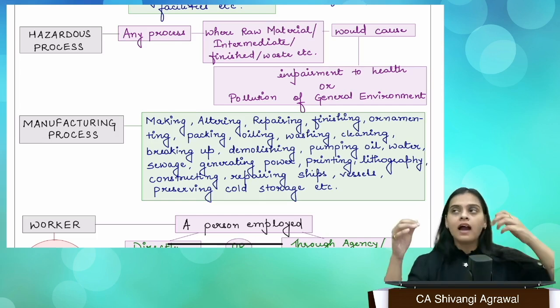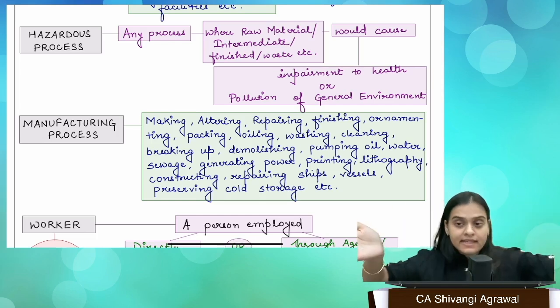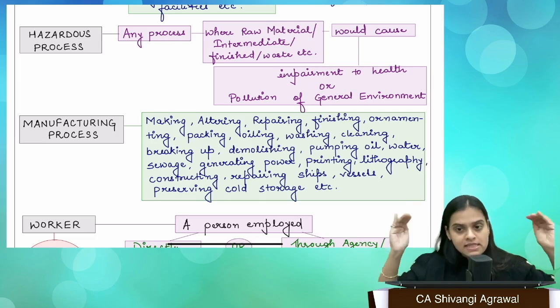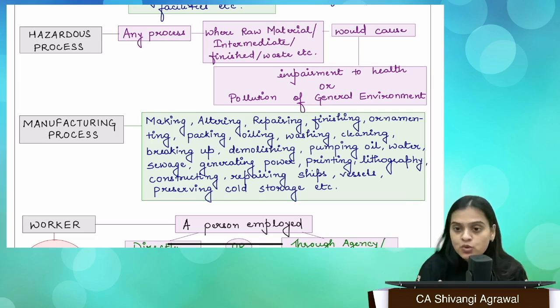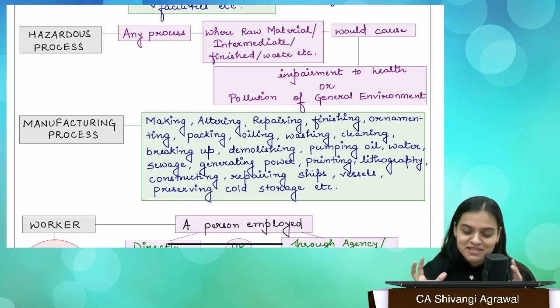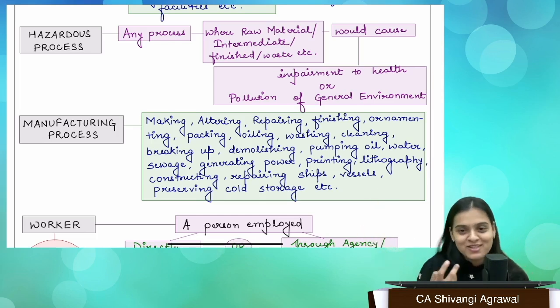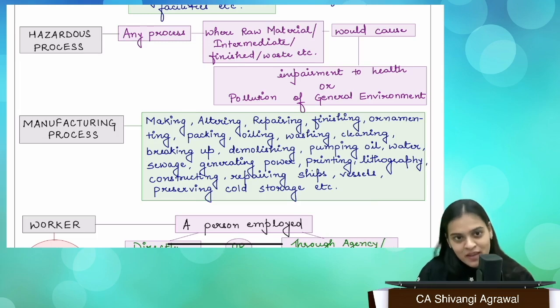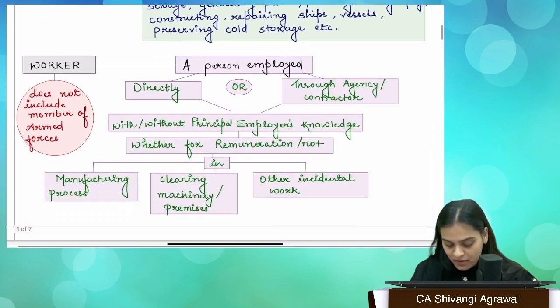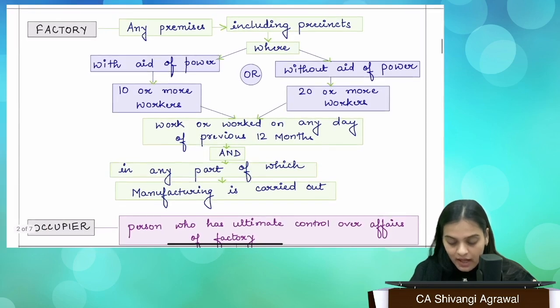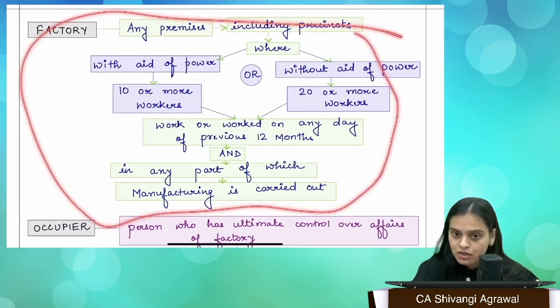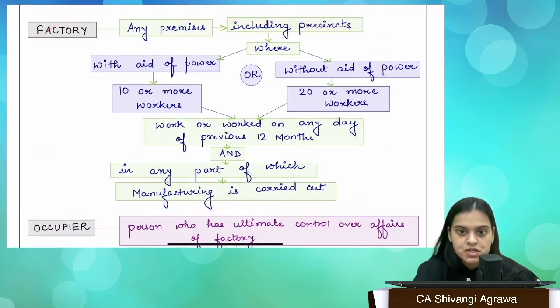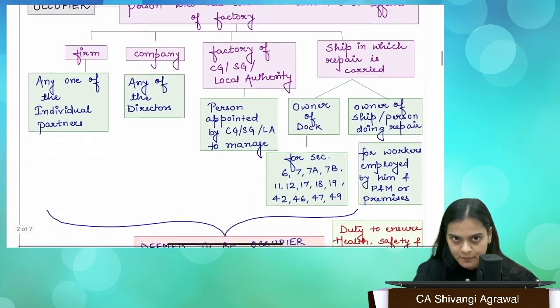But let's say I have opened an institute wherein students come and I am imparting them education. Maybe a lot of people put in their advertisements that we are producing CMAs. So is it actually the manufacturing process which is being carried out? The answer is no. So you have to understand what manufacturing process is being carried out, and according to that, this is the definition of factory. Other definitions we are going to deal with later.